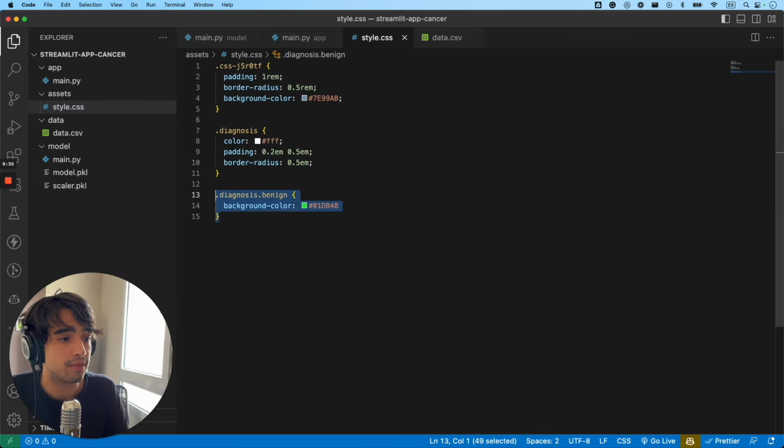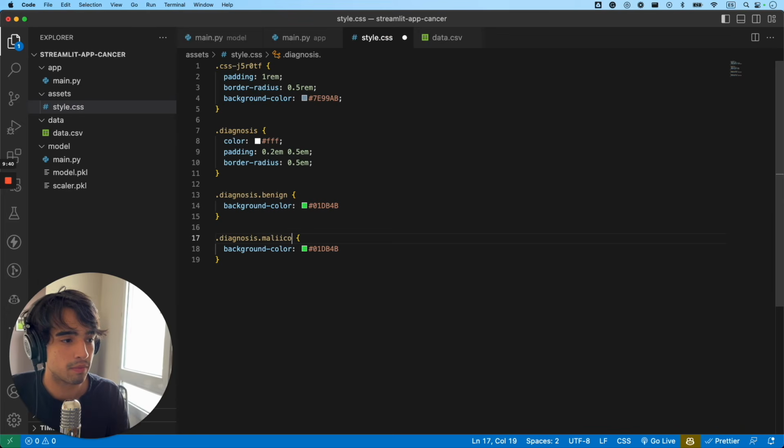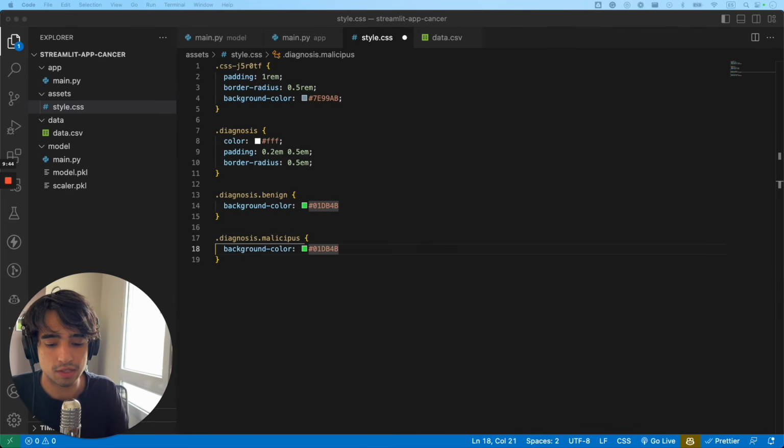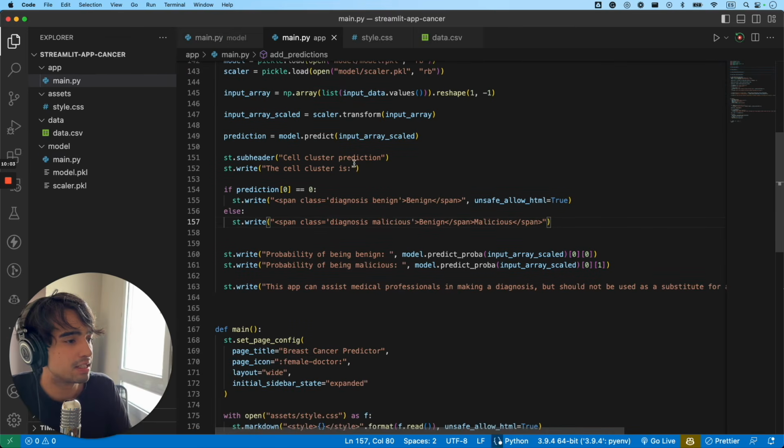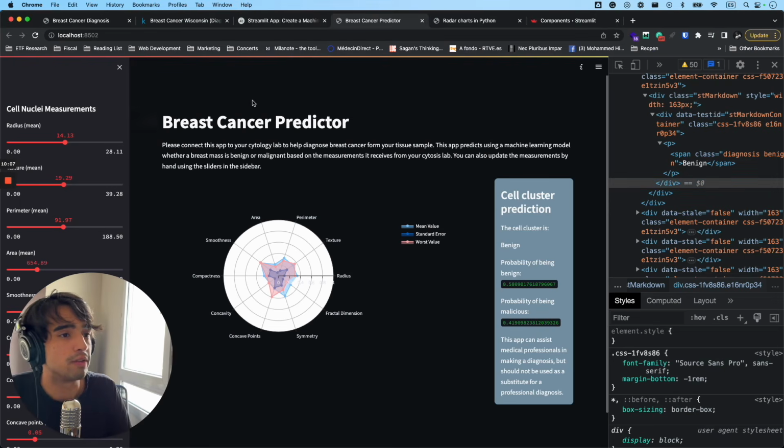And then the same thing, but for malicious. And for malicious, I'm going to use this red color right here. I also checked it out before. There we go. So malicious like that, benign like that, and my classes are supposed to be malicious and benign. There you go. So now if I refresh this,